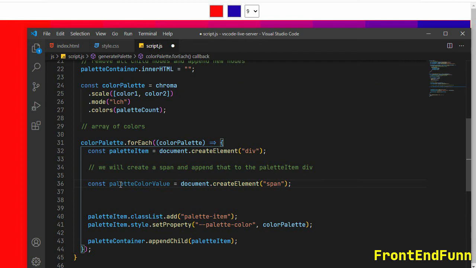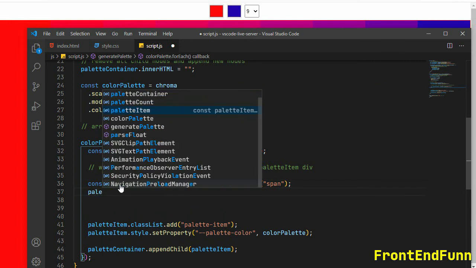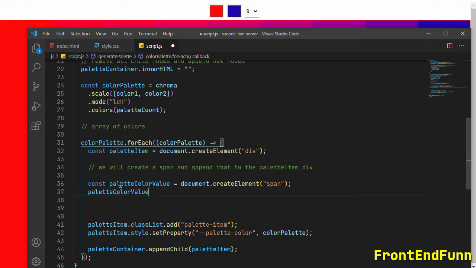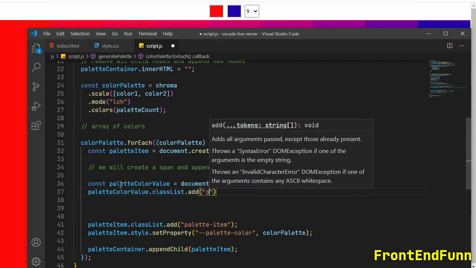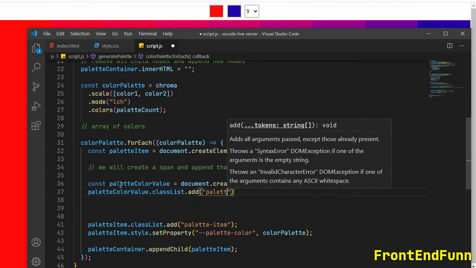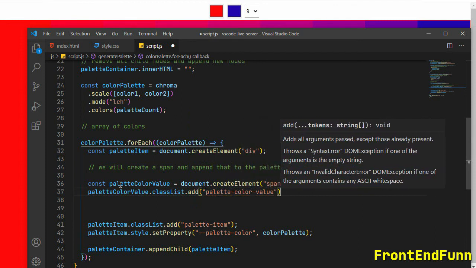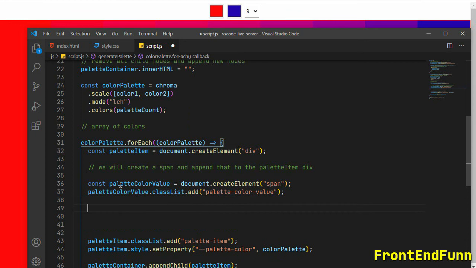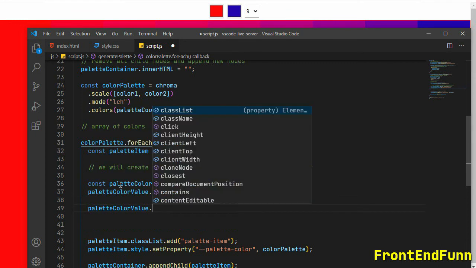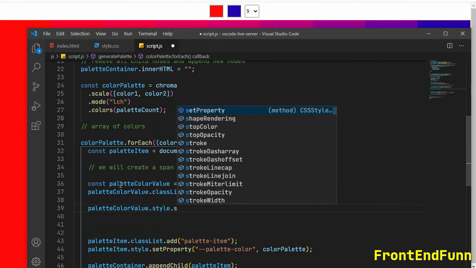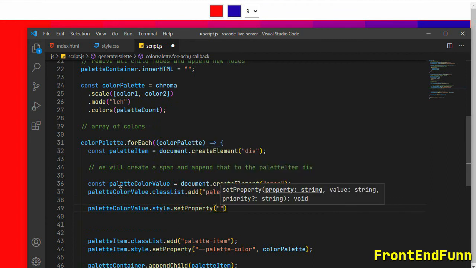I'm just creating a span element, and palette color value dot class list dot add. I'm just adding a class here, palette color value. So this is a class, and palette color value dot style dot set property. I'm just setting a property here, that is name color. This is the color which is generated for the hex code.